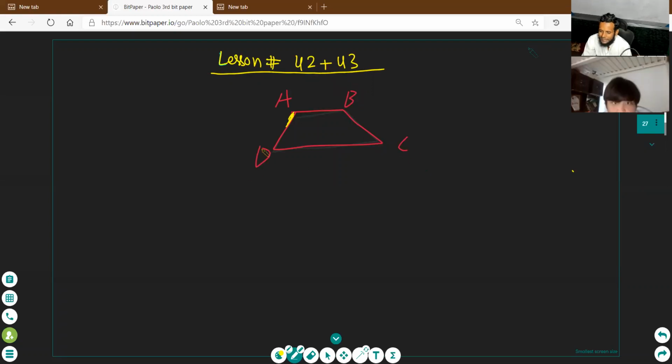Can you tell me the bases? Which is the base? I say there are two bases. Can you tell me which is the base? Here and here. Yes. Parallel sides are called the bases. We write the name, give them any name, B1 and B2. And draw the height, the perpendicular distance between them.